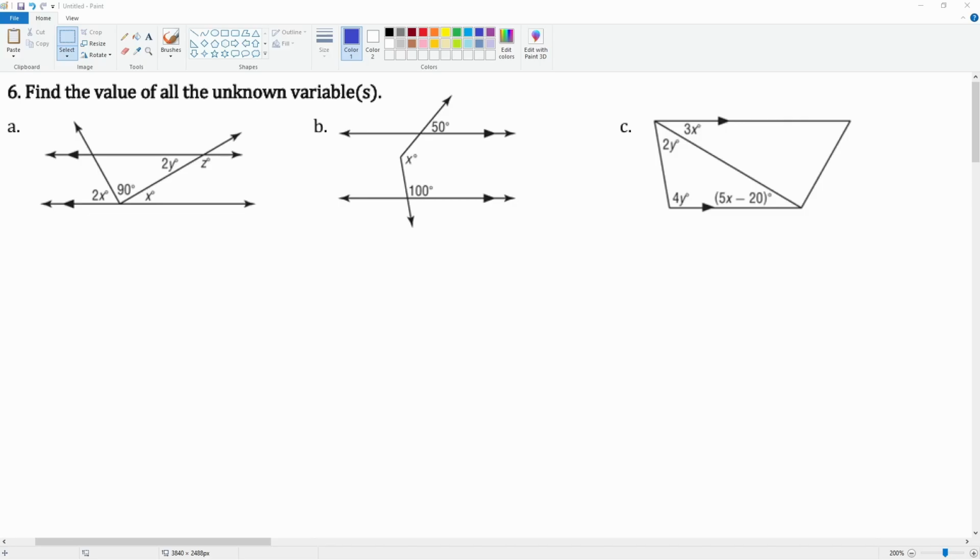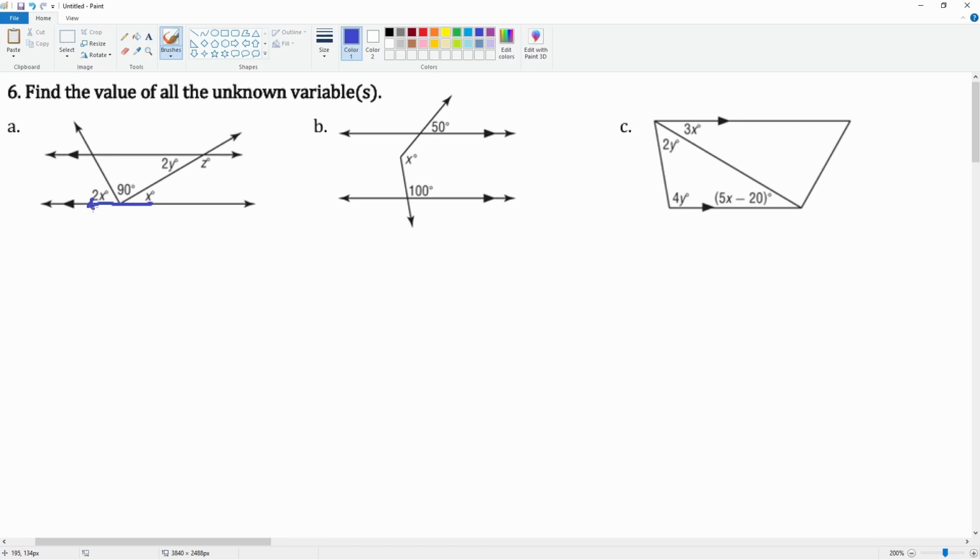All right, here we have number 6. You're going to find the value of the unknown variables. Okay, the objects here are different, so make sure you understand which one's the transversal. Okay, first of all, it looks like we can get an easy one first, and that looks like this, because